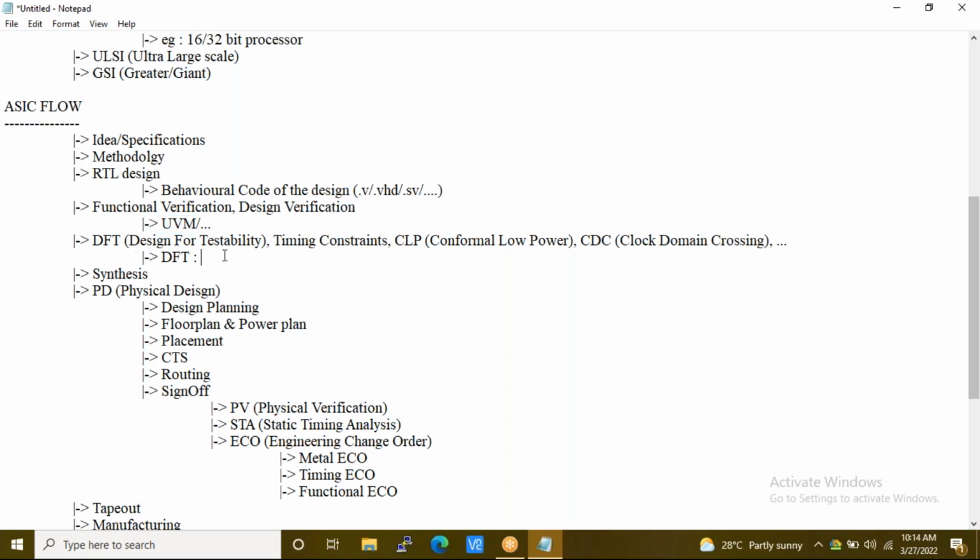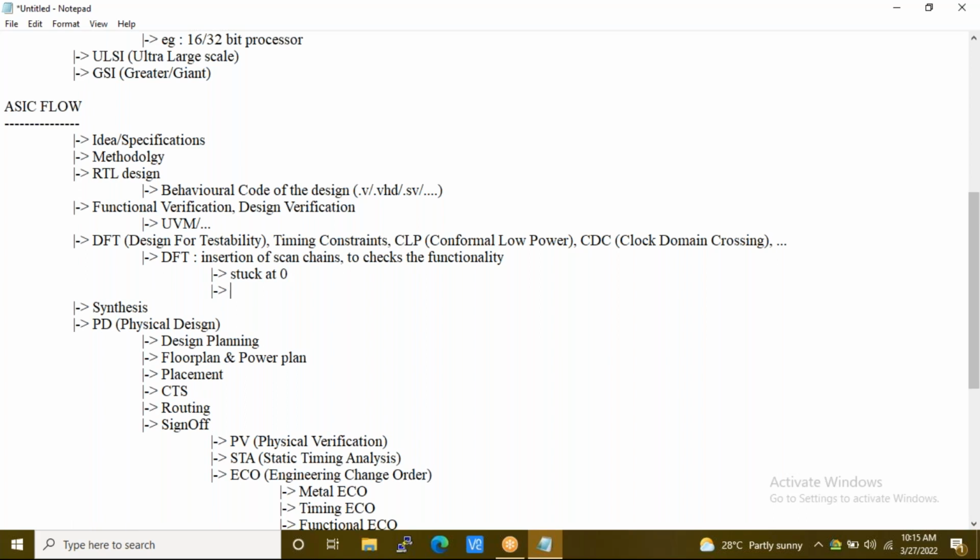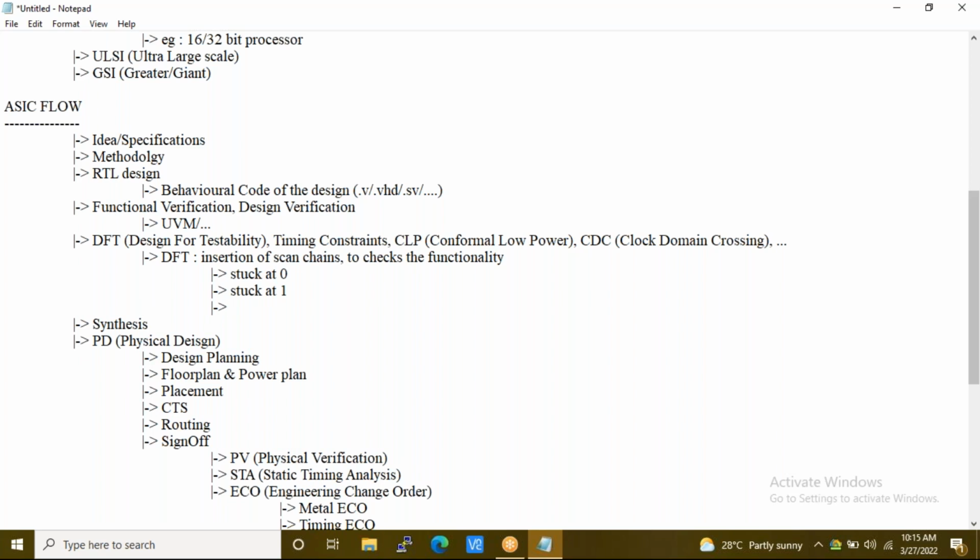And DFT people will do the insertion of scan chains to check the functionality. So when we talk about functionality, they will majorly focus on stuck-at-0 and stuck-at-1 by using some ATPG flows. That is what is meant by ATPG.